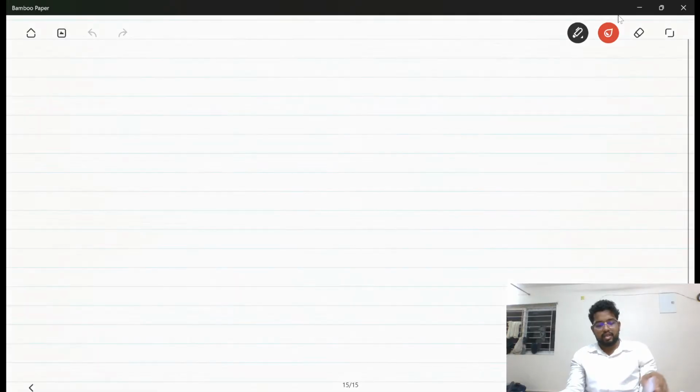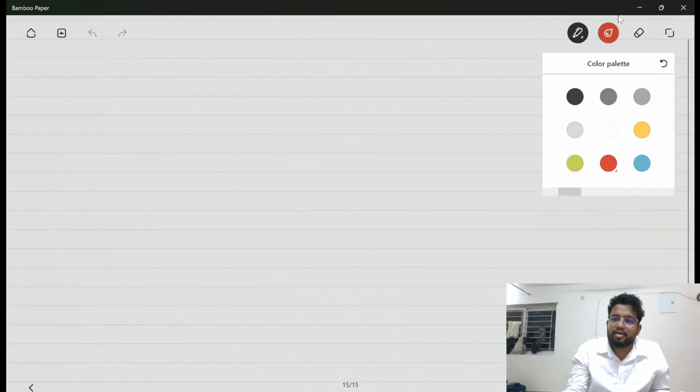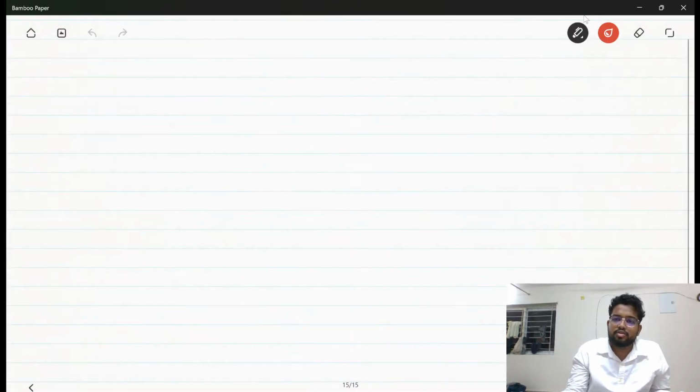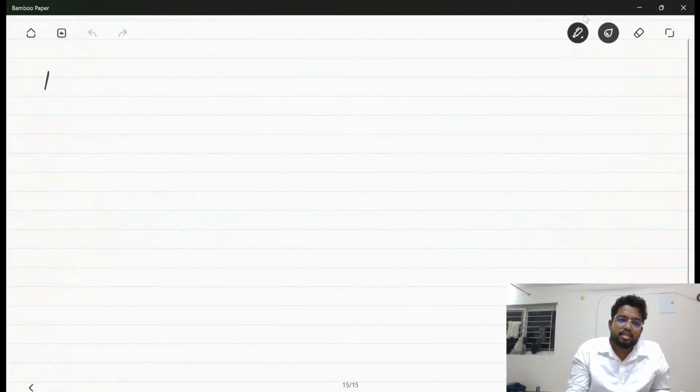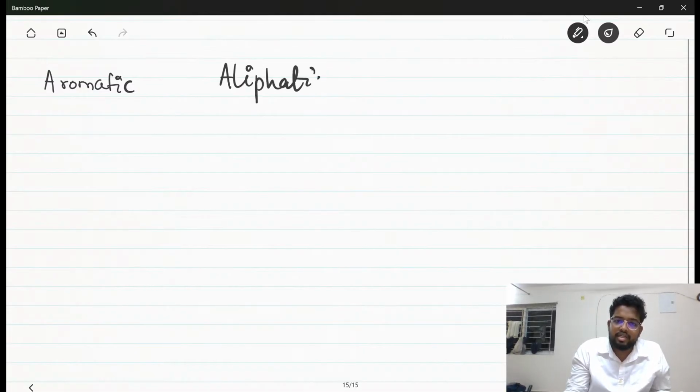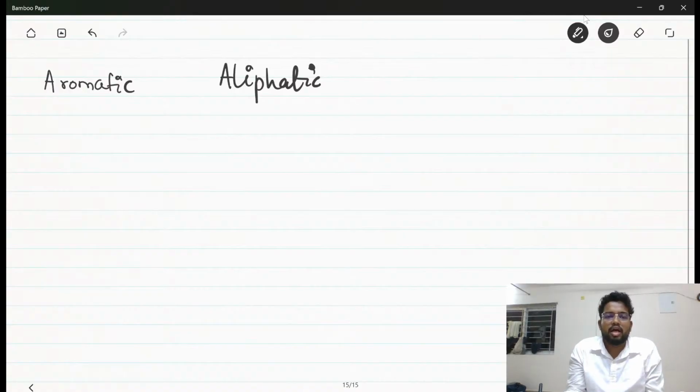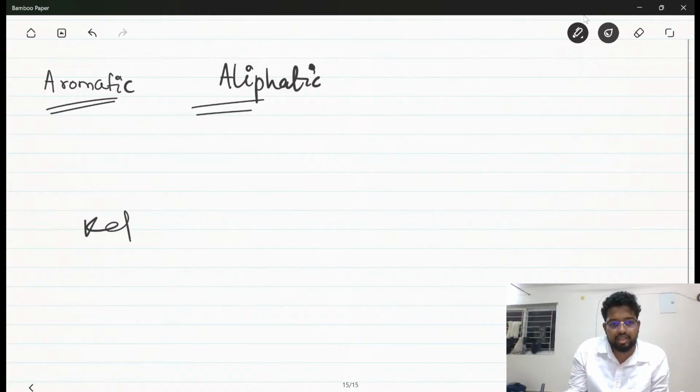Next. Let's go to the next part. So classification I have roughly told. Any aldehyde or ketone you can classify as aromatic and aliphatic. Aromatic wherever the carbonyl, the aldehyde or ketone, is directly attached to the aromatic ring. And then aliphatic, which is not directly attached to the aromatic ring. Got it? Next, for ketone there is another category of classification which is